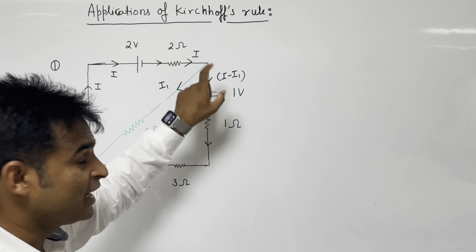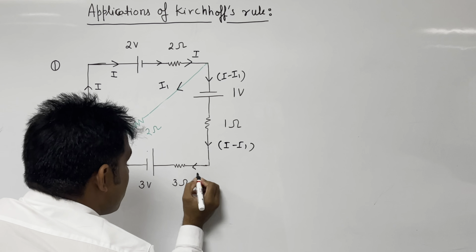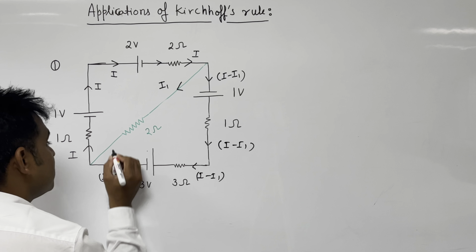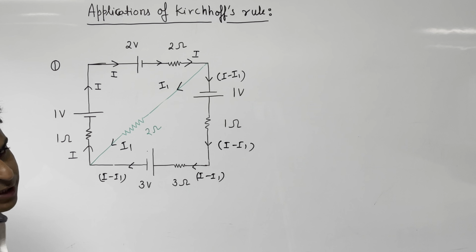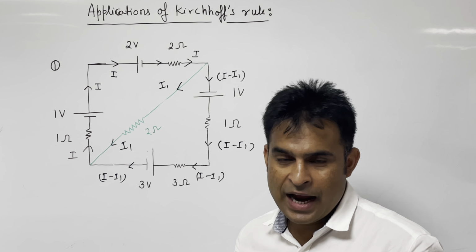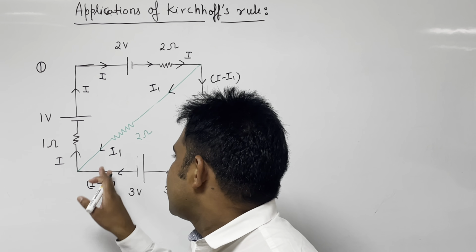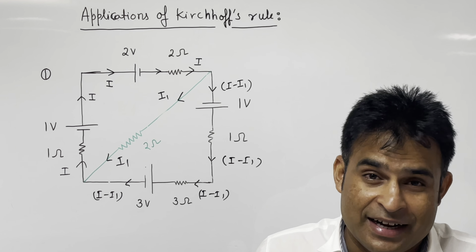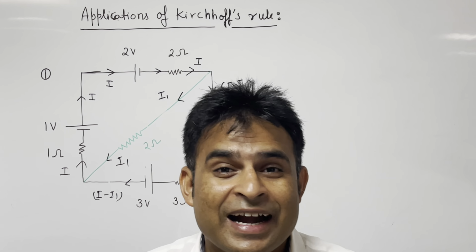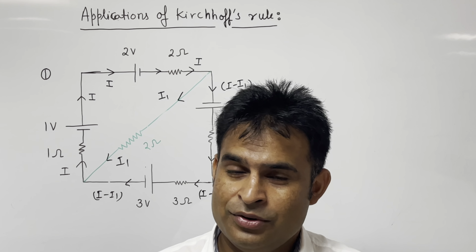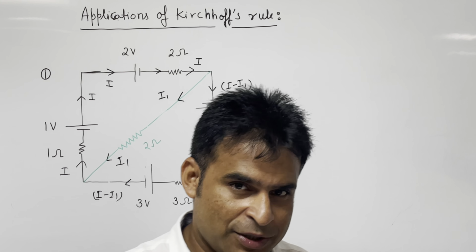Now this current will be I minus I1. And from this point I minus I1, and from this one it's I1, and if we add, that complete thing will become 0. So we applied KCL. If we add I minus I1 plus I1, obviously it will become I. It means incoming current at any junction is equal to outgoing current at any junction. You can see this loop, you can see this circuit at any junction, at any corner, incoming current is equal to outgoing current, you can check. So it means KCL we applied.